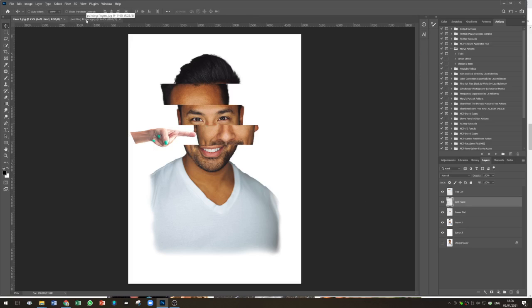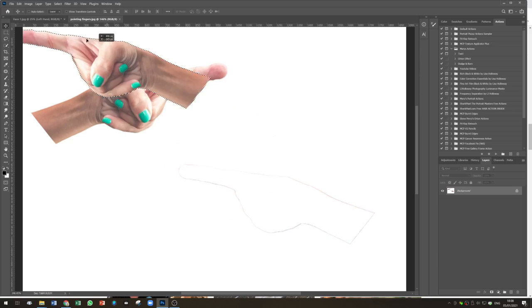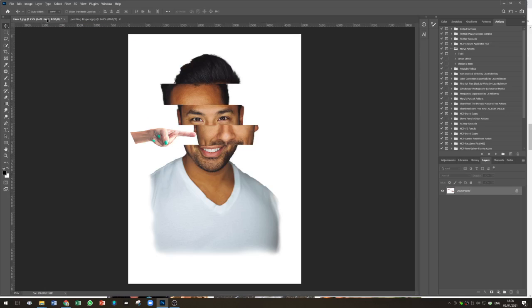So the next thing I want to do is I want to come back into the pointing finger image, and if I hit Control and D to deselect and come back onto the quick selection tool, now I want to drag out and make a selection of this hand, and that's good enough. So I now want the move tool and left click and drag, bring it up, hover over the name of my portrait image and drag it down and let go, and there we are, we have a pointing finger here. So again, we are going to double click on this layer and we're going to call this the right hand,